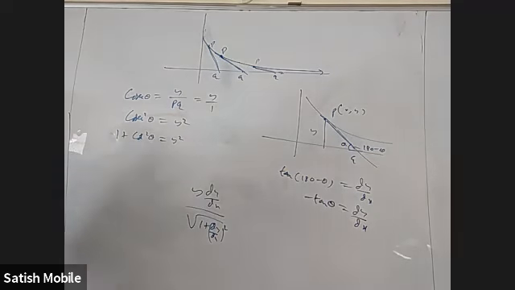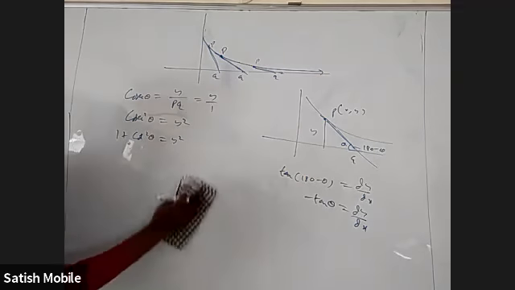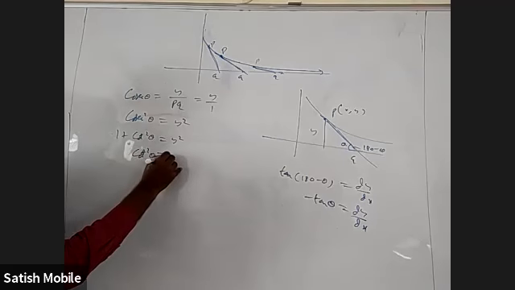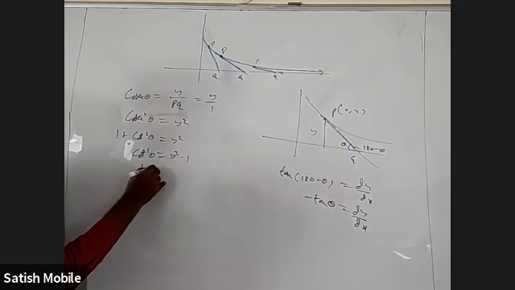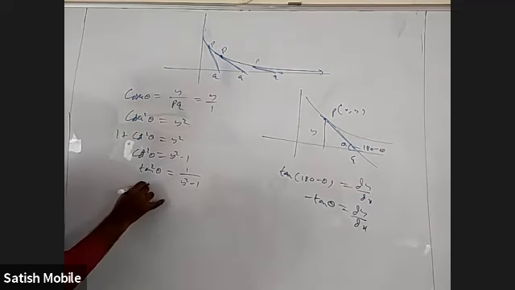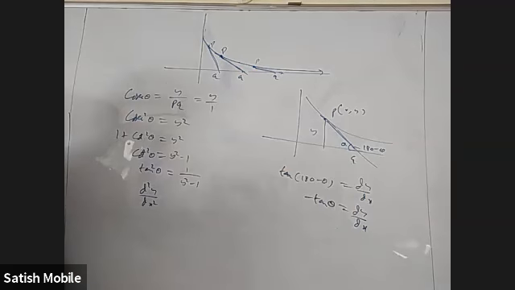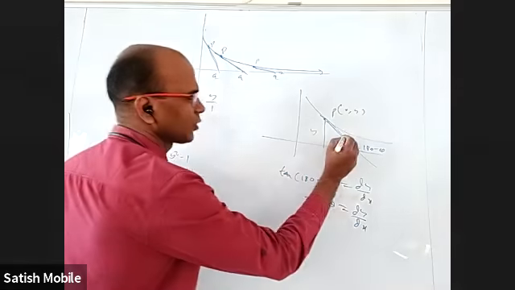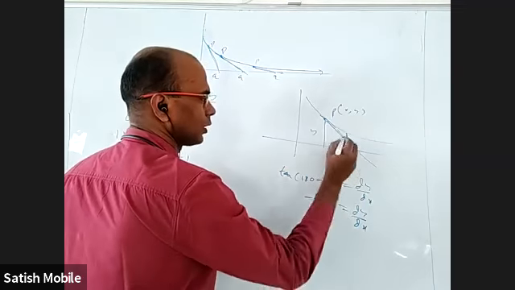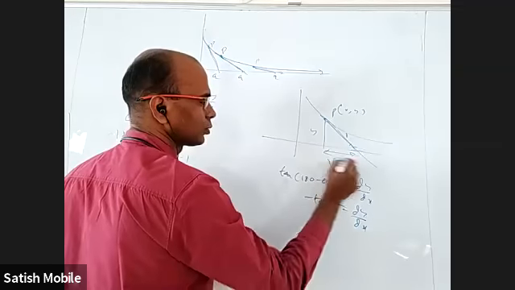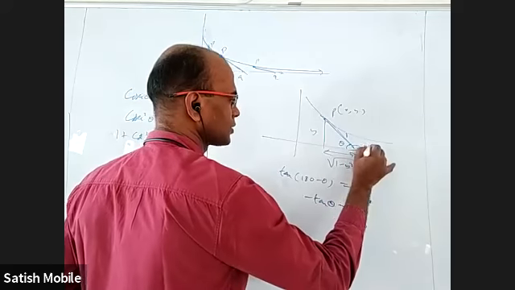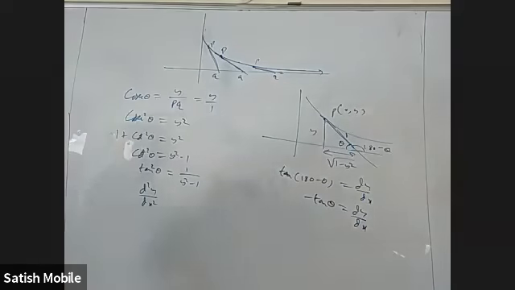But anyway, right now let us see. I'll get cot square theta is y square minus 1. So tan square theta is 1 by (y square minus 1), and tan square theta is (dy by dx) whole square. Or without all that, I think this is 1 and this is y. Let us not write this much. I'll write very simply. This is y, this is 1. So this length should be root over 1 minus y square. Very simple. And let me take this is theta and this is 180 minus theta. It is easier to manage now.